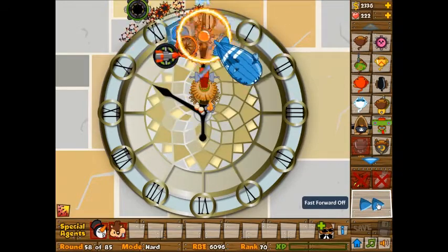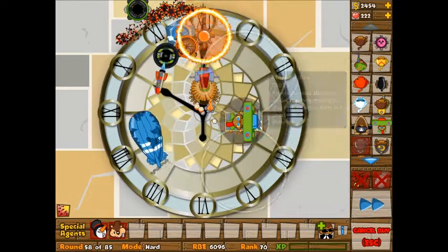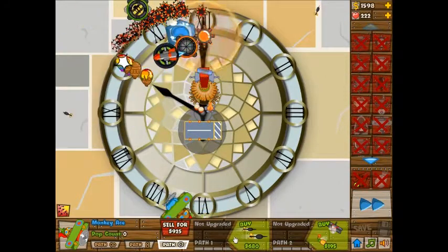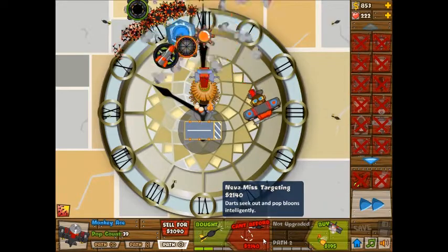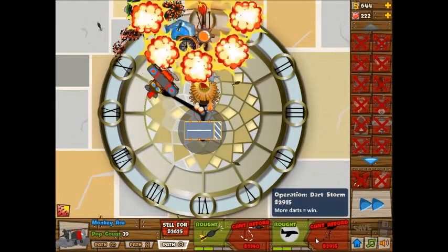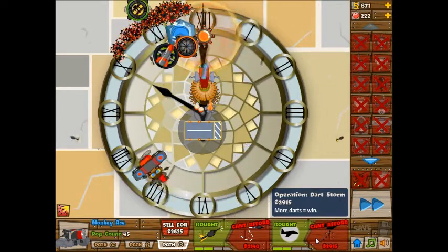But I think I will end up using a monkey ace at the end of this, just so that I have better defense against the inside circle. And then of course using Never Miss Targeting, which actually, you know what? I'm not going to use Never Miss Targeting. I'm going to go with Operation Dartstorm, and then go for Ground Zero,